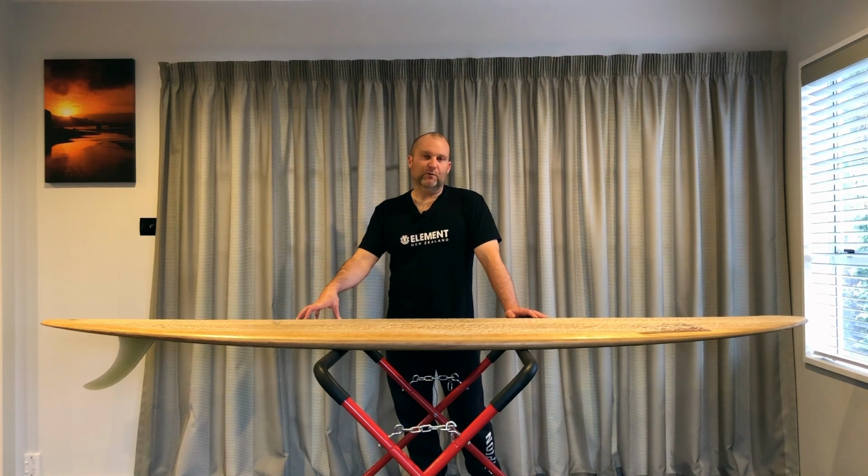Ideally the waves are probably going to be fairly flat faced. This will handle proper waves as well. I've had it in knee high to definitely overhead. If it was a really hollow wave, you're probably going to start to struggle with the rocker, but you're in